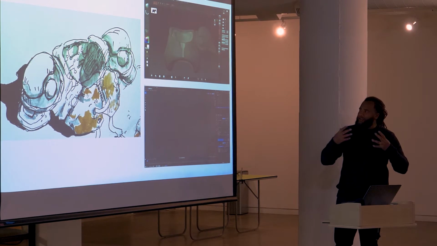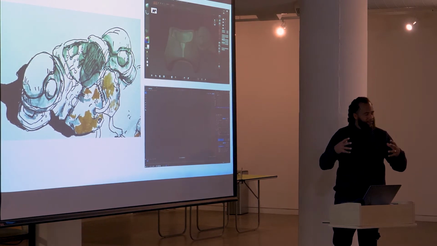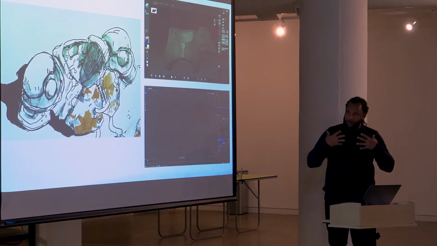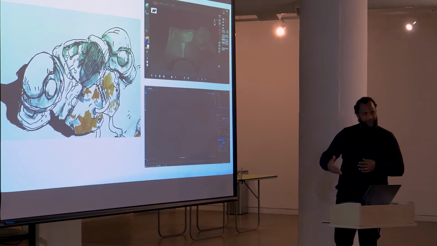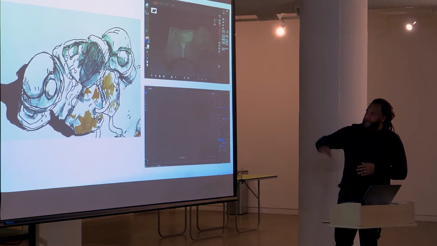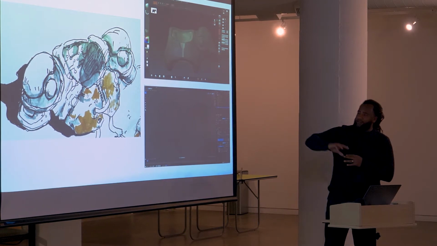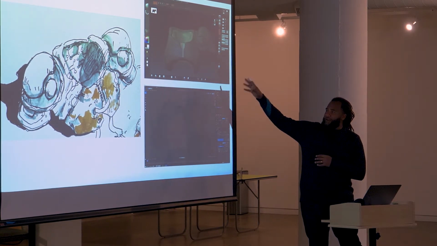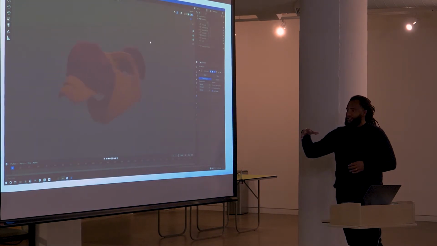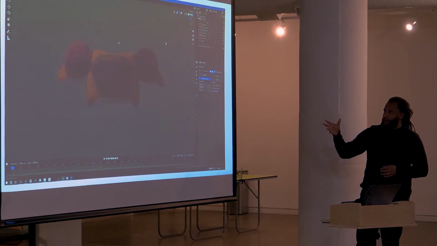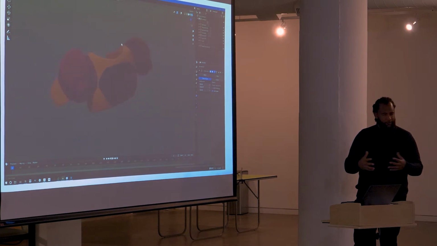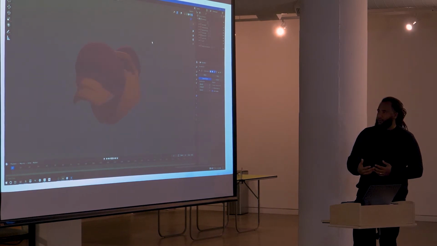So from that context, I begin to think about how do I create that for the characters, because when I design a character, their clothing and the things that they have on their body have context to the narrative of the world that they're in. So being able to highlight that by bringing a sketch into software, figuring that out, beginning to sculpt these objects out and see them in 3 dimensions, it allows me to have my own reference point and to create a reality for myself to work from.